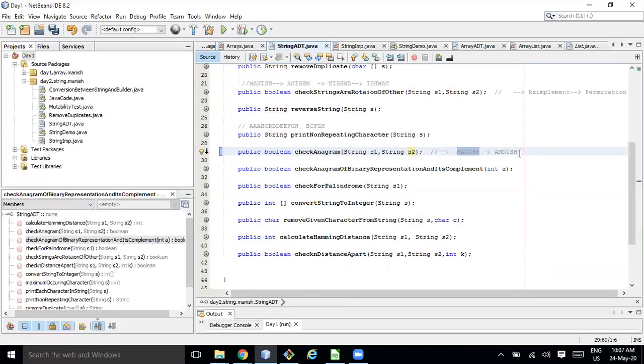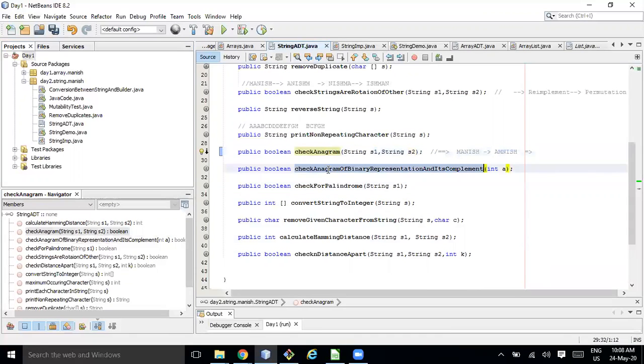Another assumption is that the lengths of S1 and S2 will always be the same. It's not like S1 has 4 characters and S2 has 6.